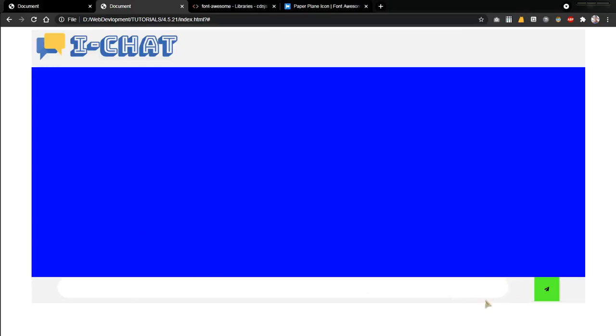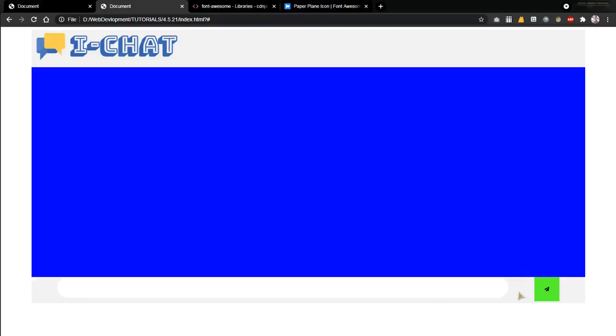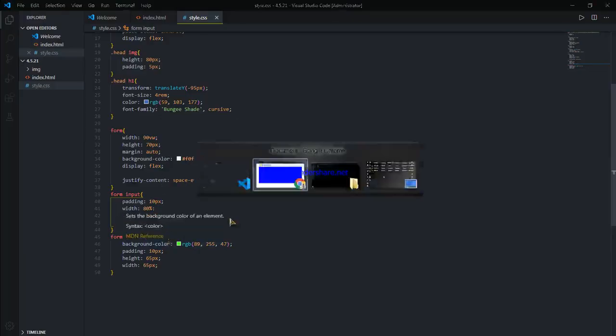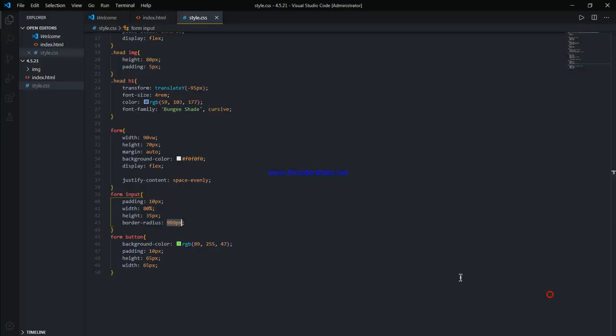Yeah, now you can see it has a curve from here. What the triple nine does is it just does it perfectly. If you give it 50% or something, it will just give you an oval. So it does 50% radius of the height.